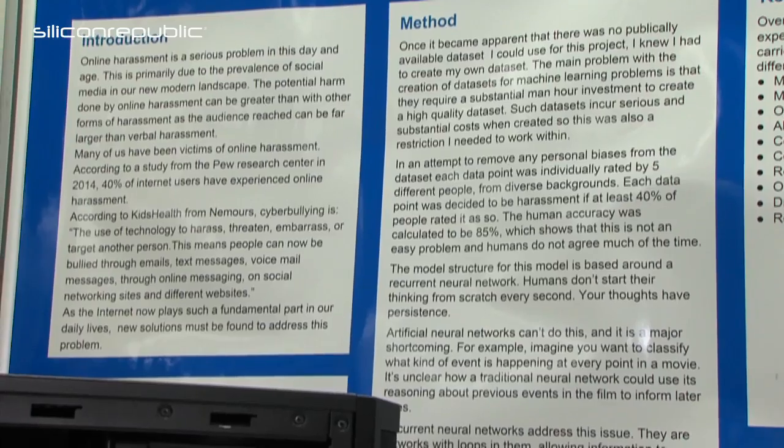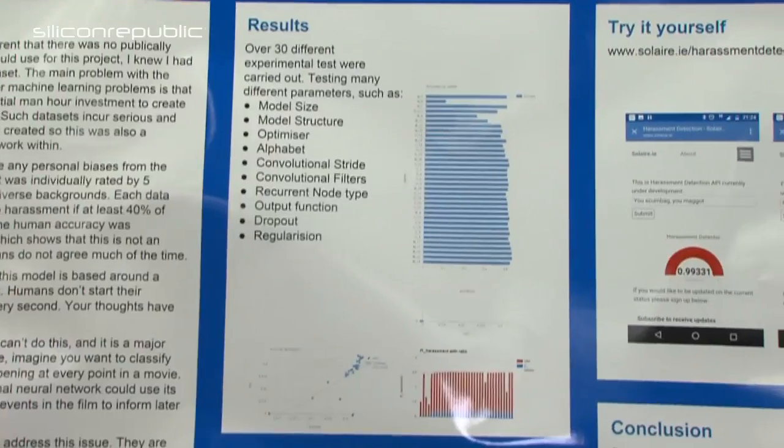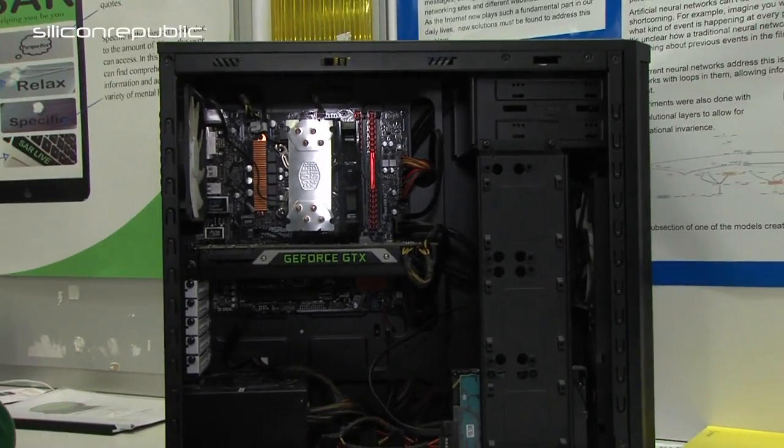So my project is about using deep neural networks to detect offensive text and use this to combat online harassment. And how did you come up with that idea? We all know someone who's been affected by online harassment, but over 40% of internet users at large haven't been experiencing it, and 47% of students in my school haven't experienced it. It's a serious problem. So what I built with deep neural networks was a classification system. So without any human intervention, it can detect at human accuracy whether or not something is harassment, just by using